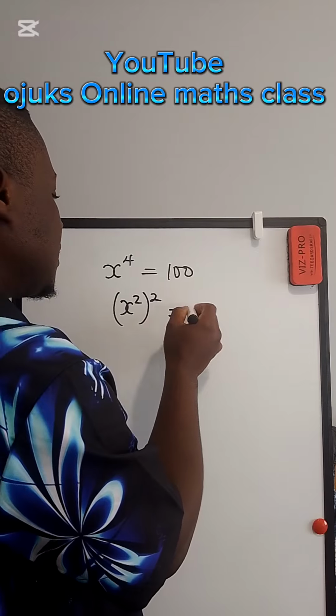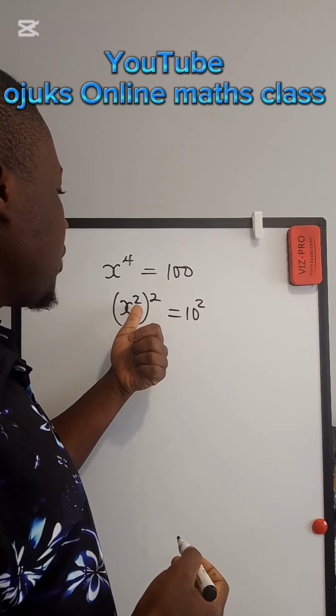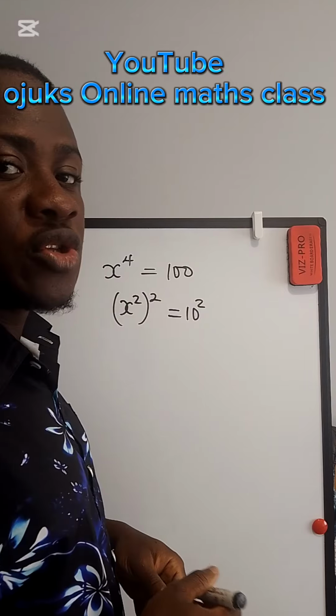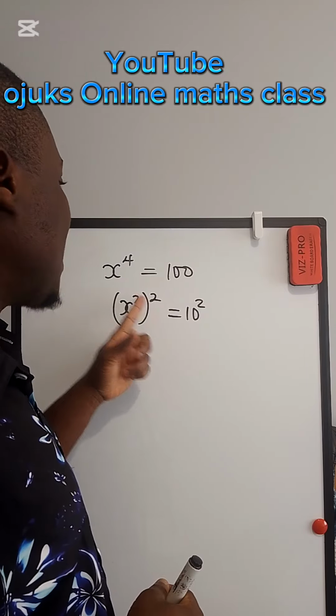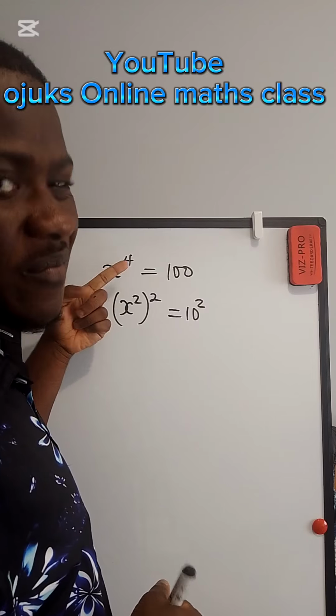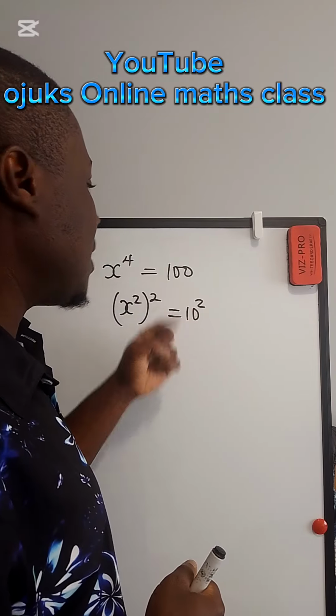2 equals 10 squared. Of course, nothing has changed. Of course, x squared all raised to the power 2, according to the power law in indices or product power law in indices, if you multiply their powers, we are getting back x raised to the power of 4. Let's keep going. So if that be the case, 10 raised to the power 2 as well is equal to